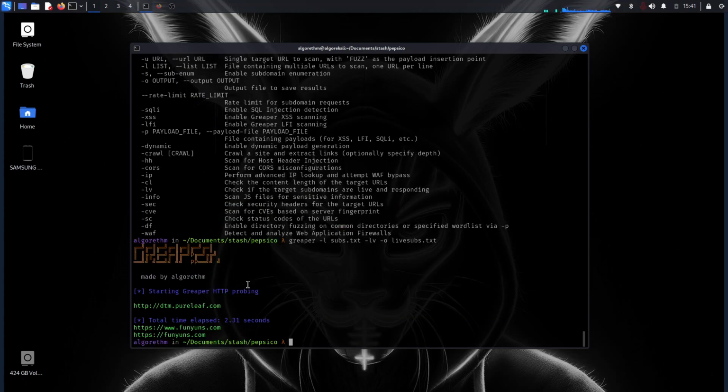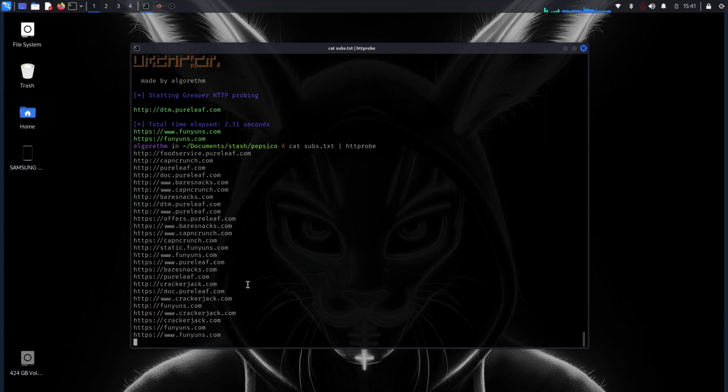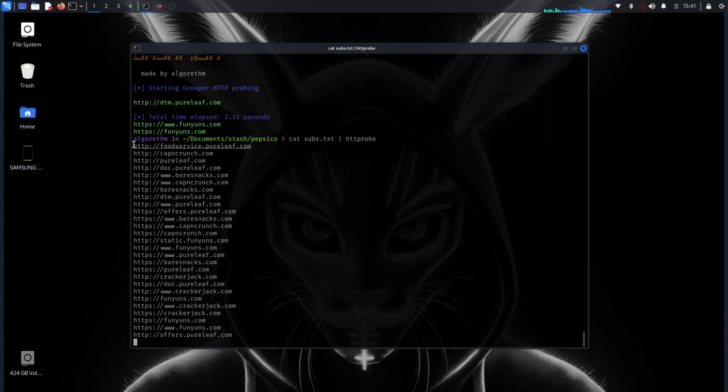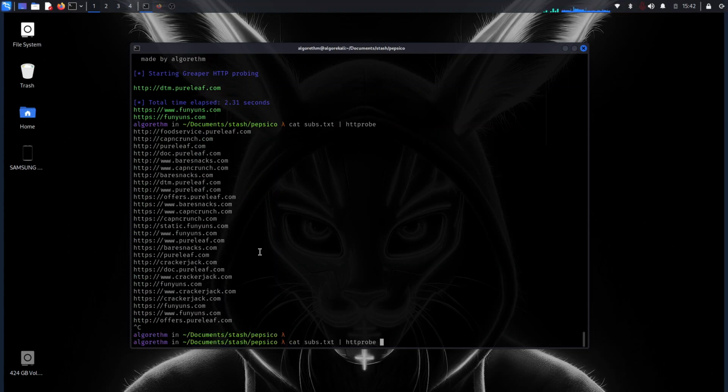So I'll do cat subs.txt, then let's say HTTP probe. Oh, this one just attaches the HTTP or HTTPS. So that's not what I want. Let's say